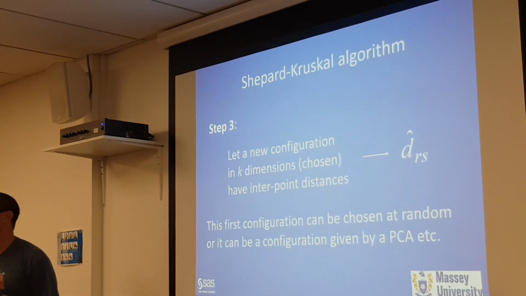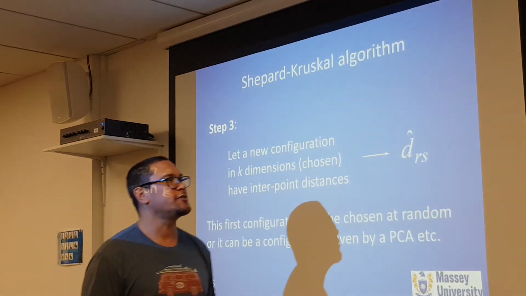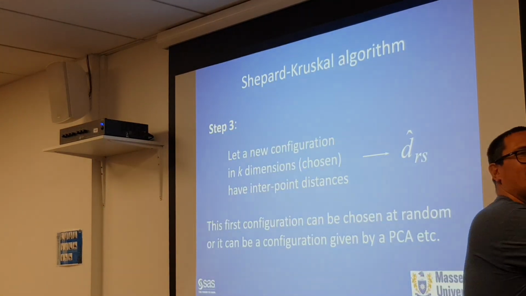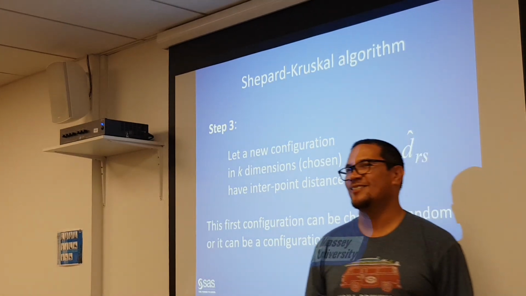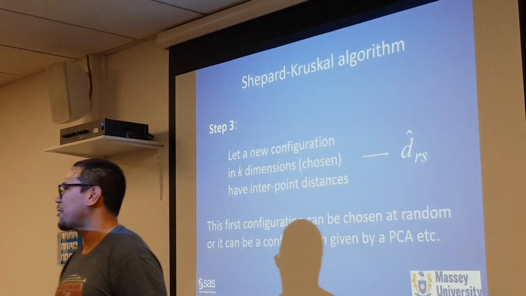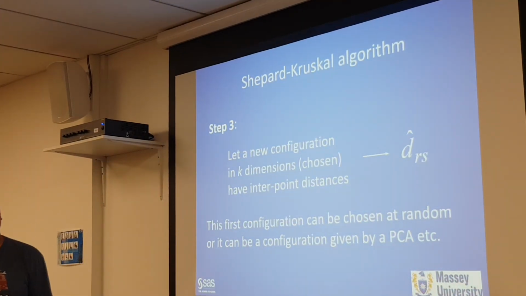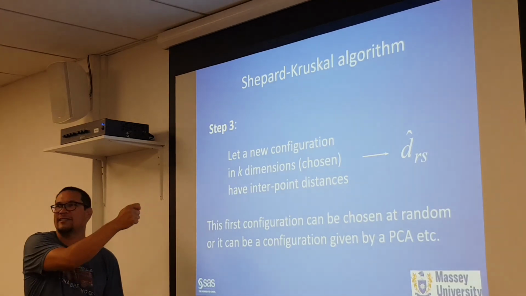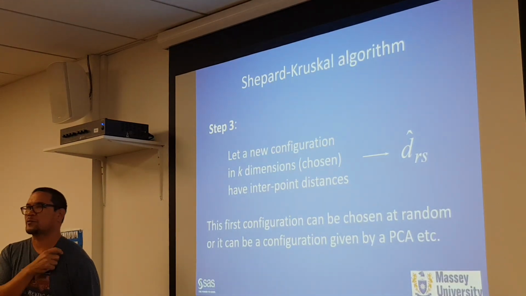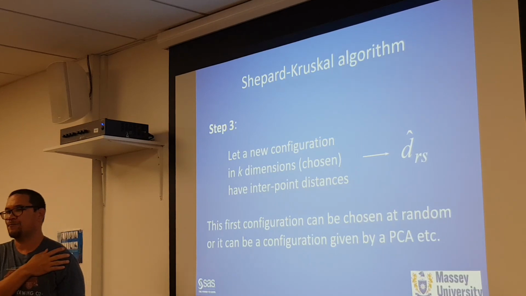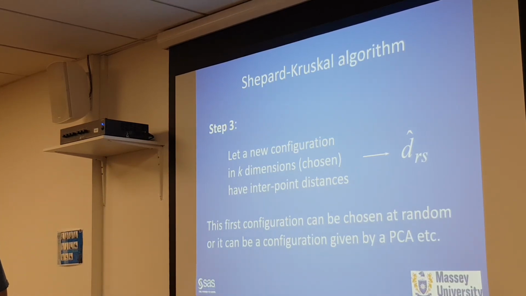Okay, so the first thing you do typically, and this seems unbelievable, is you just put the points down at random on the map. Right? Completely random. So at this point in time, the distances on the map don't reflect the ranked distances in the full dimensional space at all, right? Sometimes, and this